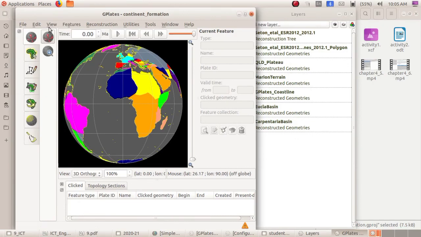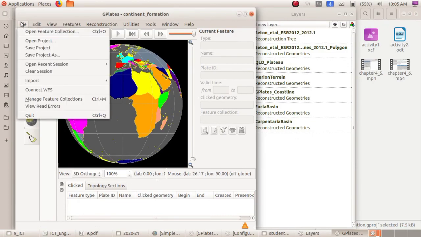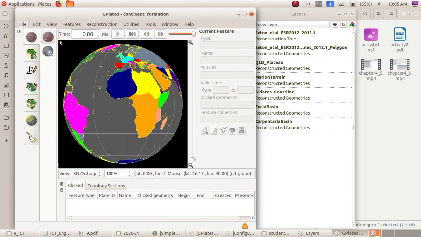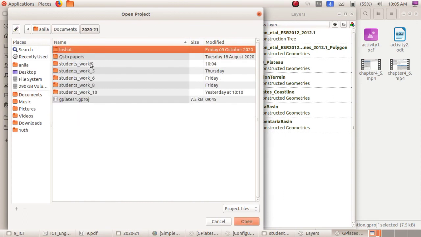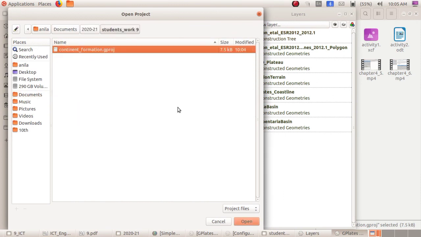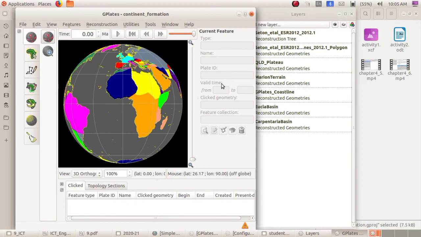Another method is to click on the file option, then open project, and from this you can select the file. What is the name? Continent formation. From this we can open the continent formation.gproj file. So these are the two methods for opening the file from the home folder.